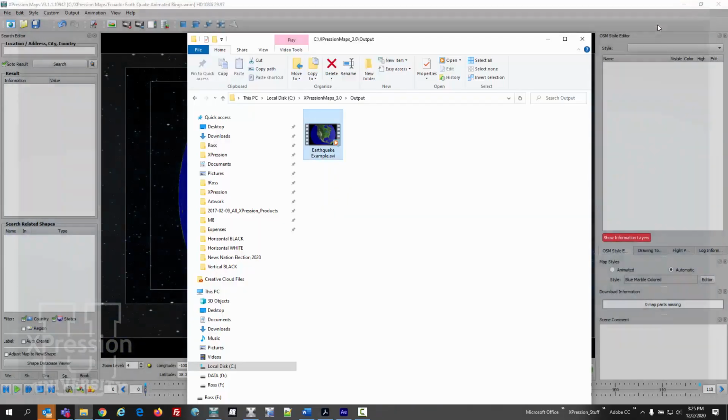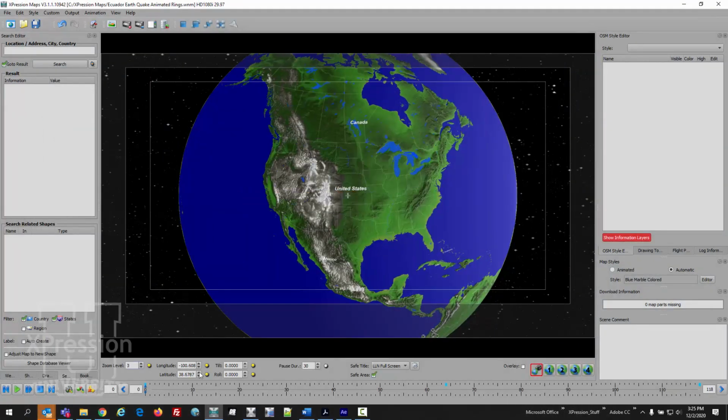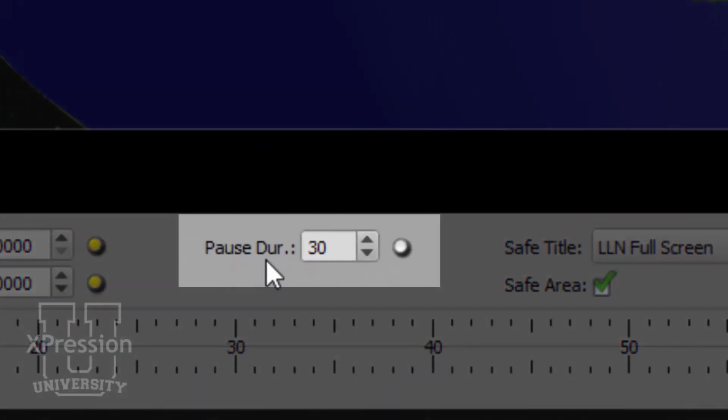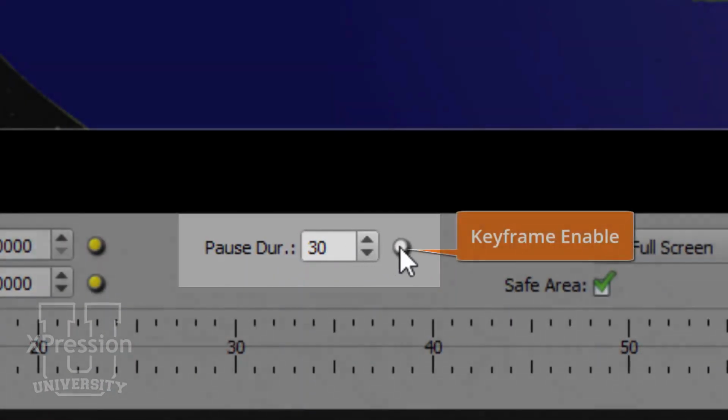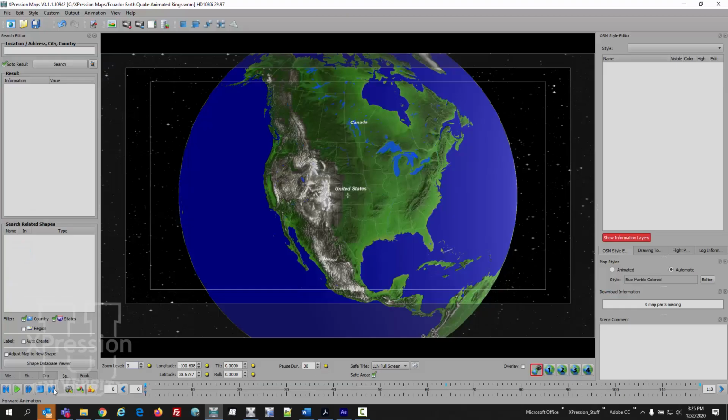Well, here's what I want to do. I'm going to move this folder out of the way again. I'm going to go to my first keyframe, so I'm going to come over here and click on the end button. You'll notice in the timeline now there's an extra input field here called pause duration. I'm going to use the keyframe button, which is again the yellow button right next to it, yellowish green. And I've done that. I'm going to go to the end, and again I put 30 frames at the beginning,